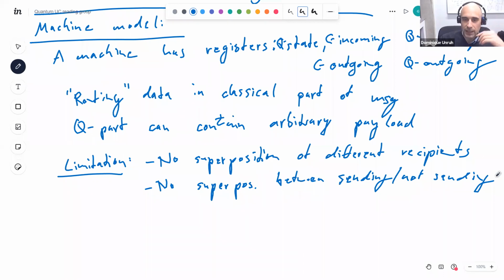That could be useful, and it's not covered by this model. Maybe it's hard, maybe it's easy to extend, I don't know. But if we accept that this is not something we want to cover, so we don't want protocols to do that,